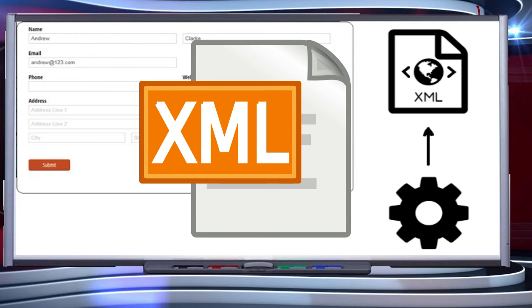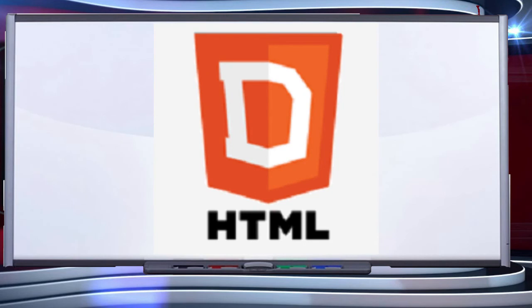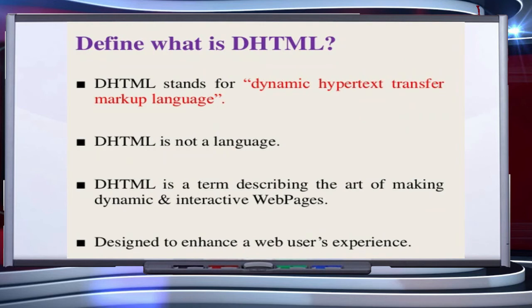sheets. So next we are going to discuss DHTML, that is dynamic hypertext markup language. It refers to web content that changes each time it is viewed. For example, the same URL could result in a different page depending on any number of parameters such as geographic location of a reader, time of day, previous page viewed by the reader, profile of the reader.